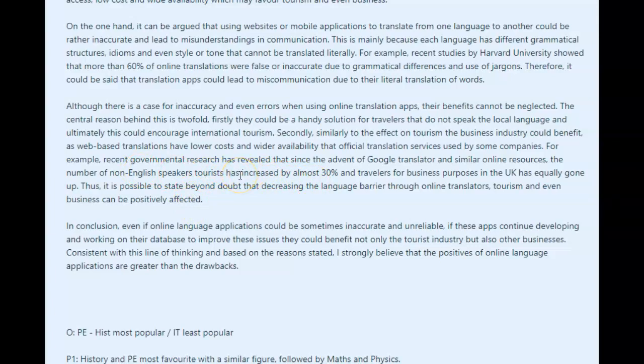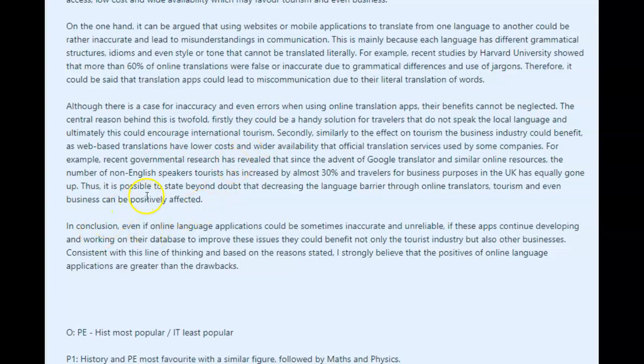same support for both of these. Where is it? Okay, here, yeah, you said that it could encourage tourism. I think that you should have just added a piece of support right there. Okay, so tell us how since the advent of online translations and online translators, ticket sales to international destinations have increased fourfold, or I don't know, something. Okay, and then you could have done everything else here. But I do think it's in your best interest to put the support directly after the idea that it's supposed to support, okay?